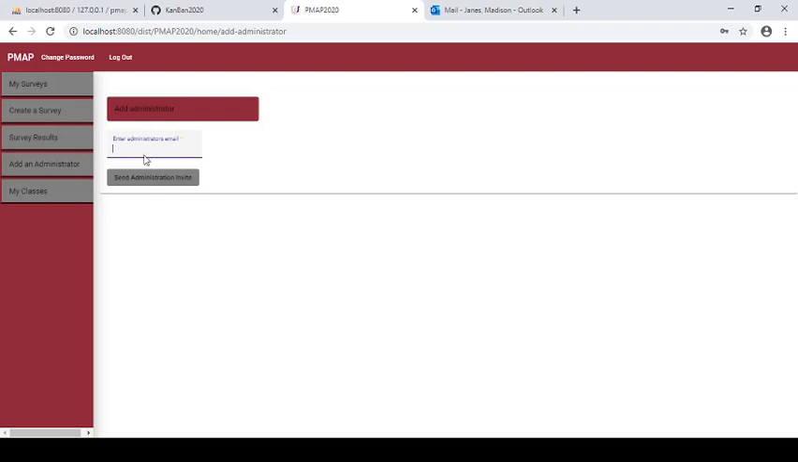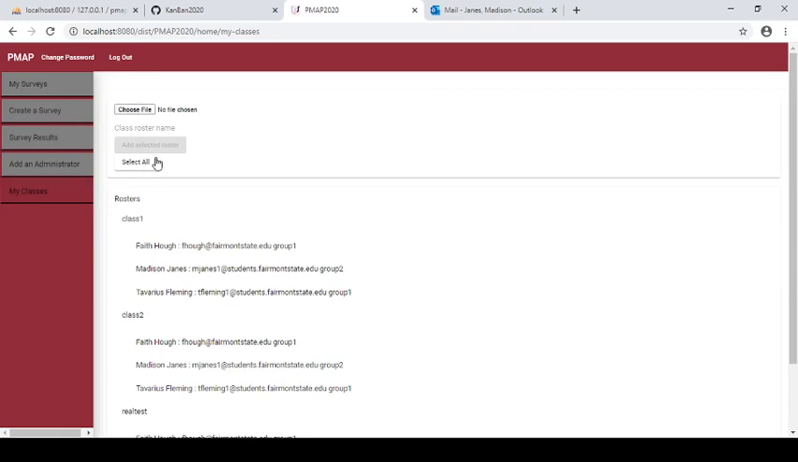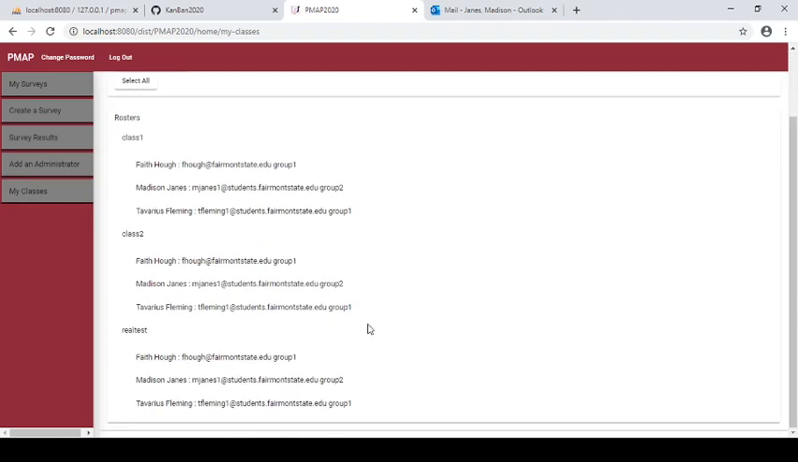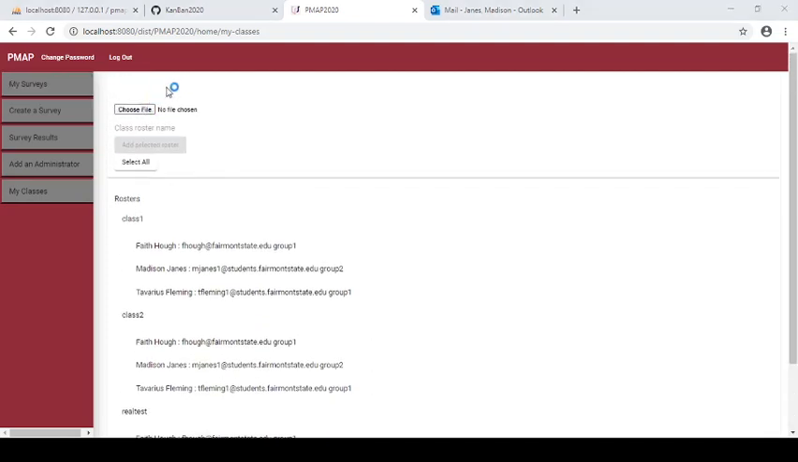you may want to add another administrator. Say, if I was going to add myself as an example. Go, and then that will send me an email inviting me to be an administrator. If I wanted to add a class, these are the classes currently associated with this administrative account. Okay, so if I wanted to add a new class, I'm just going to include